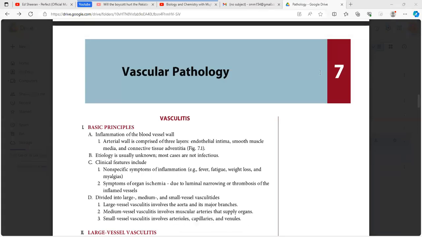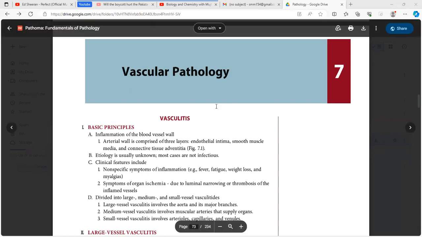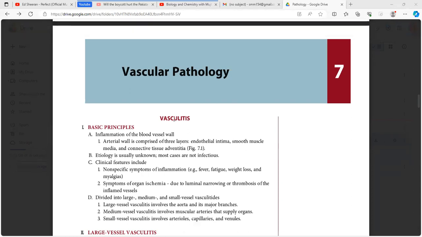Good morning. Today we'll be studying the chapter of vascular pathology. Now I'll be referring to the book Pathoma because it is the standard book which is used in the USMLE examinations. So if we talk about what is vasculitis, vasculitis is the inflammation of the blood vessels, and it can